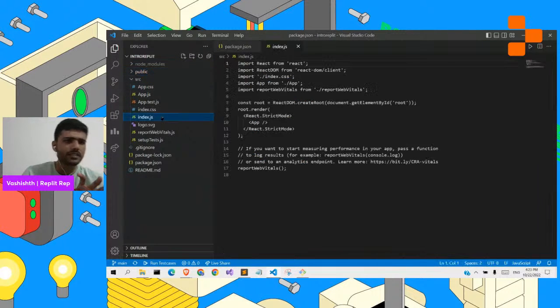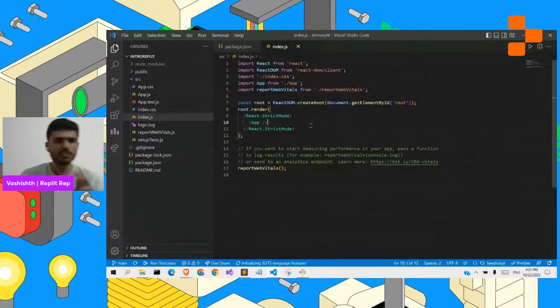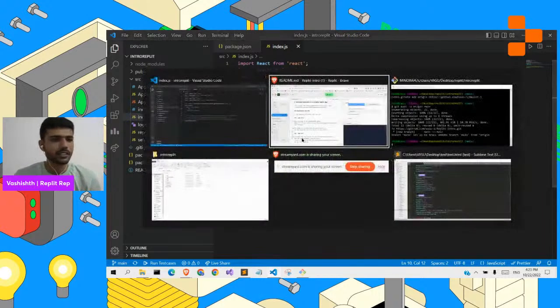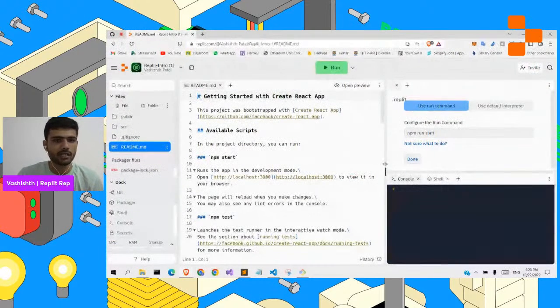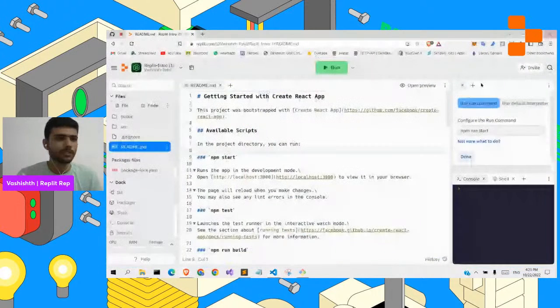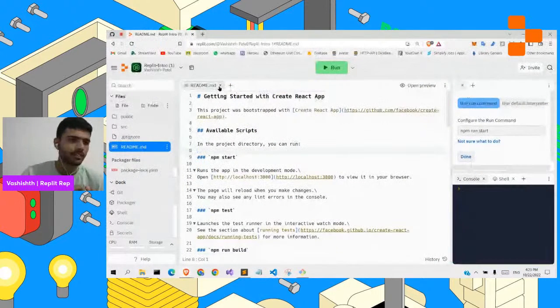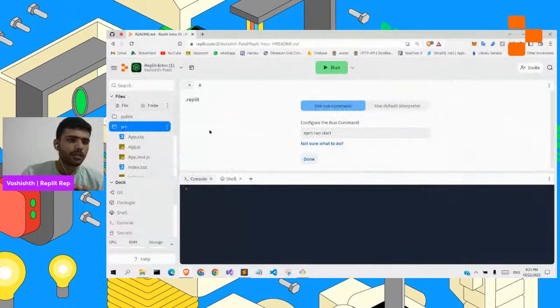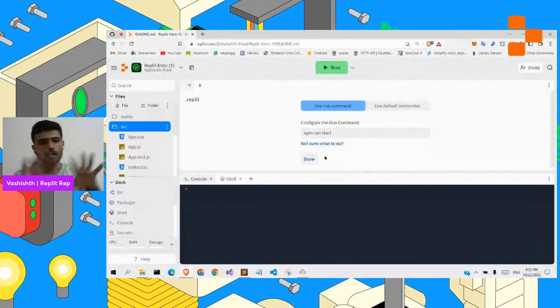Now let's see this index.js. This index.js is the starting point of our React app. So let's see if it is available. Yeah, it is available now. Let's close this VS Code because we don't need anything for that. Fine. Now this is the layout